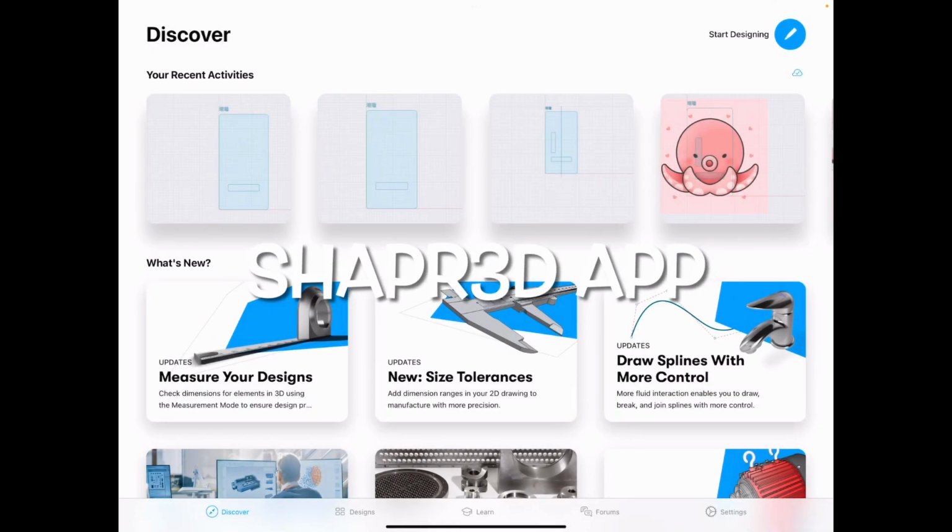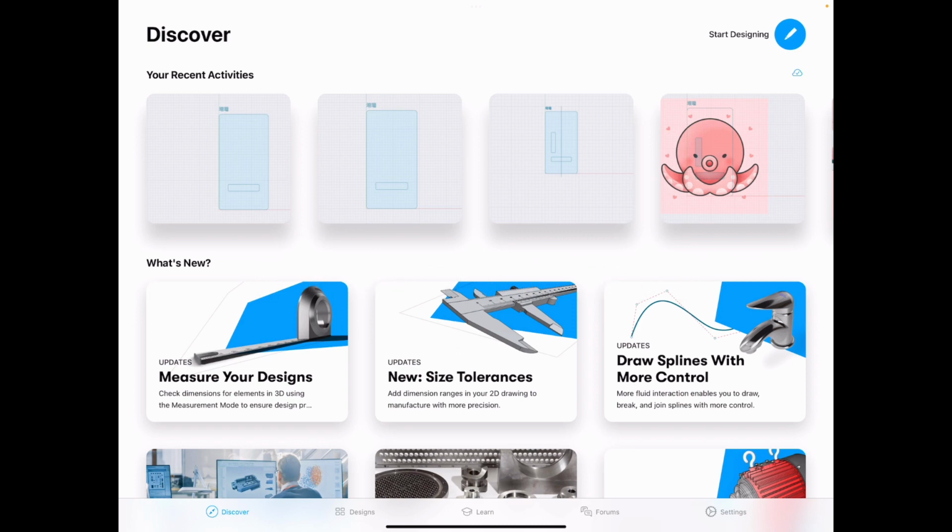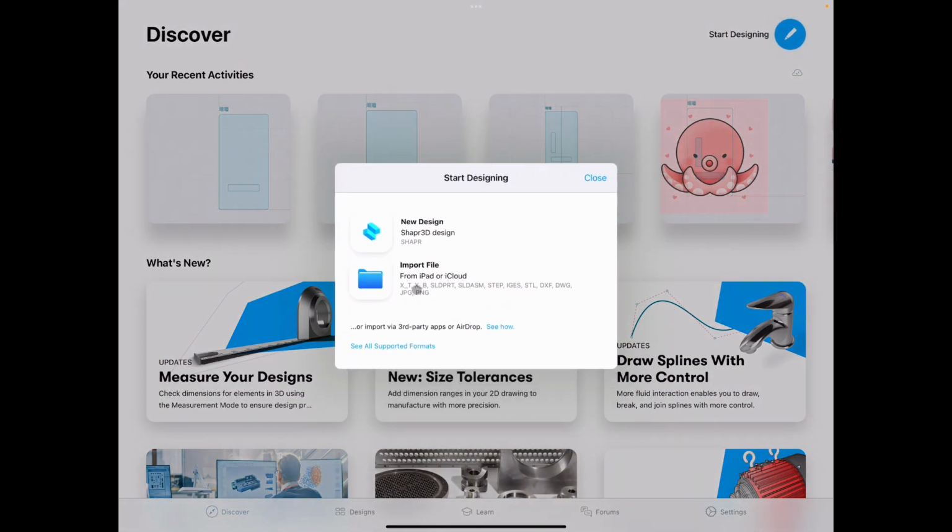Alright, now you have opened up the app for the Shaper 3D. The next step is to start designing. So you can click on the top right corner, this icon here, to start designing, and then you will import a file that I've shared with you